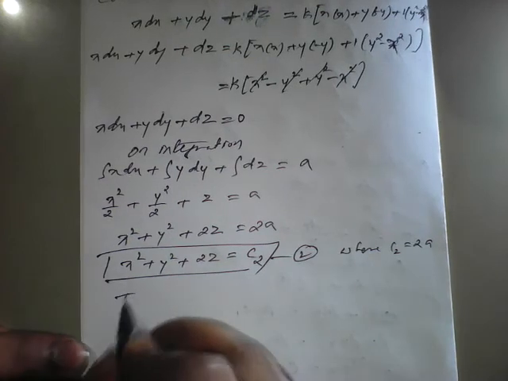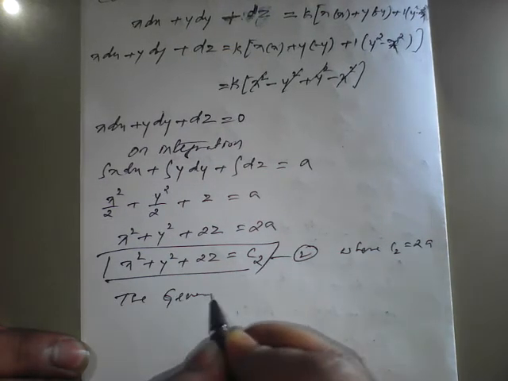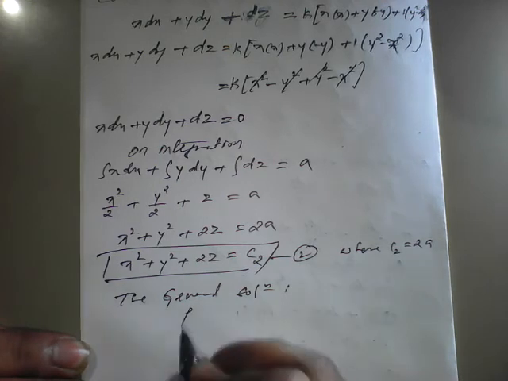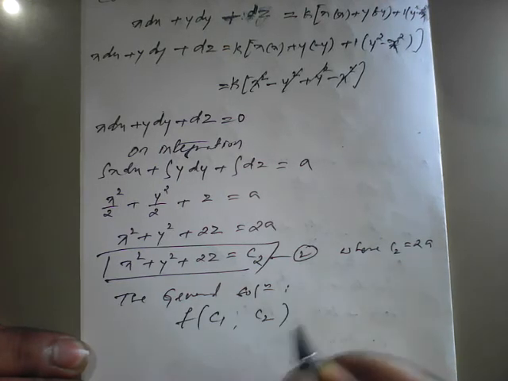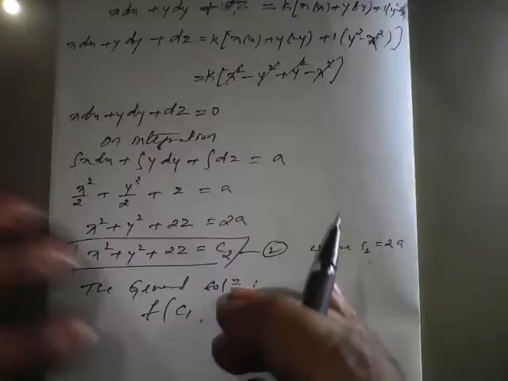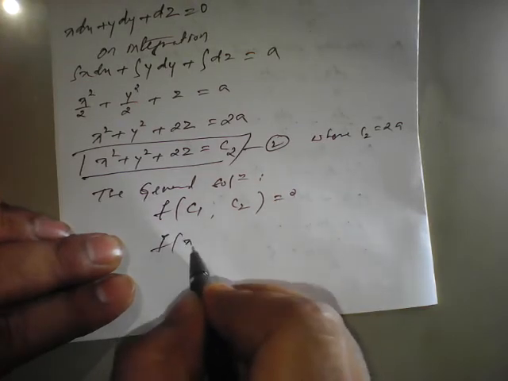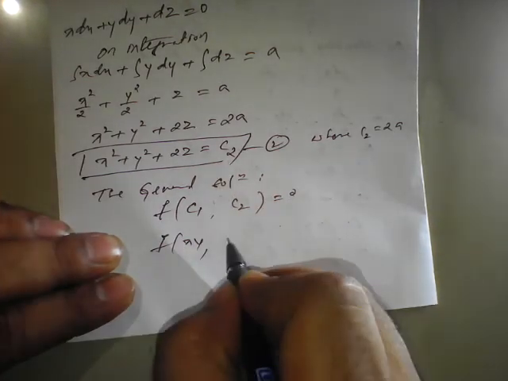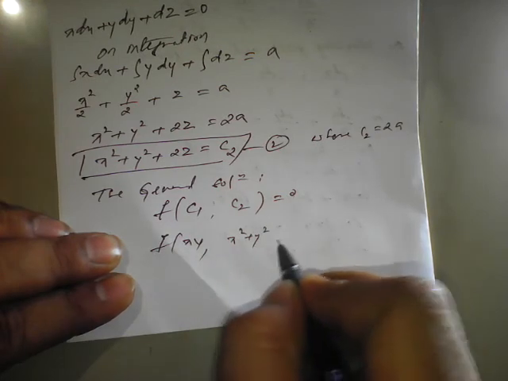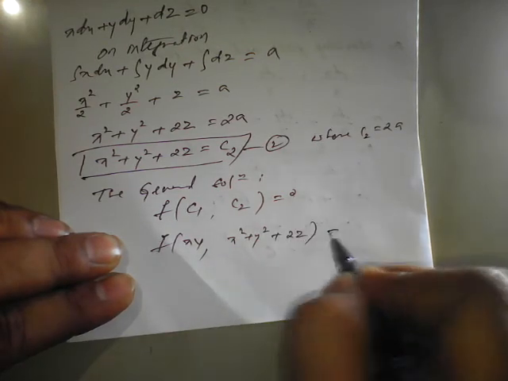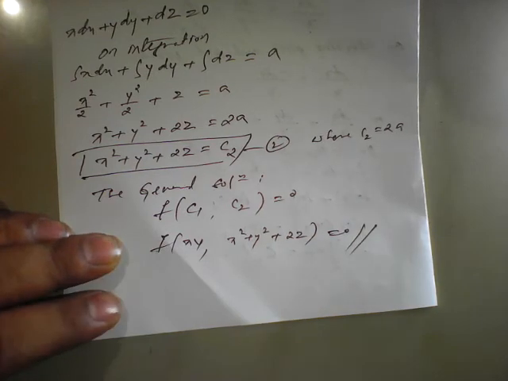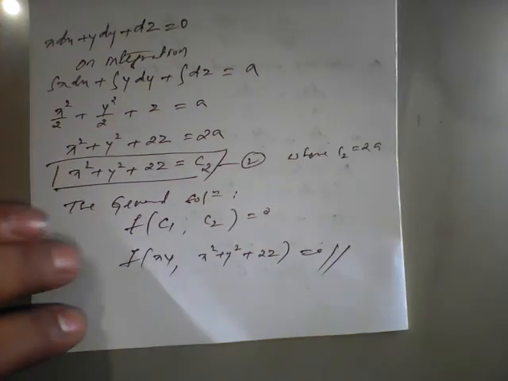Therefore the general solution is f of C1 comma C2 equal to 0. C1, what we got here, is xy, and C2 is x square plus y square plus 2z. So f of xy comma x square plus y square plus 2z equal to 0 is the required solution of the given Lagrange's equation. So the next example is: